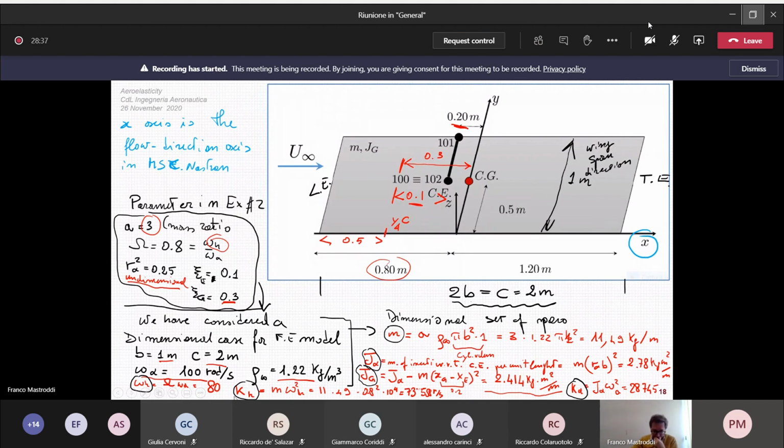And therefore, we have a spring stiffness KH equal by this multiplication, and so we have 73,588 radians per second per meter and